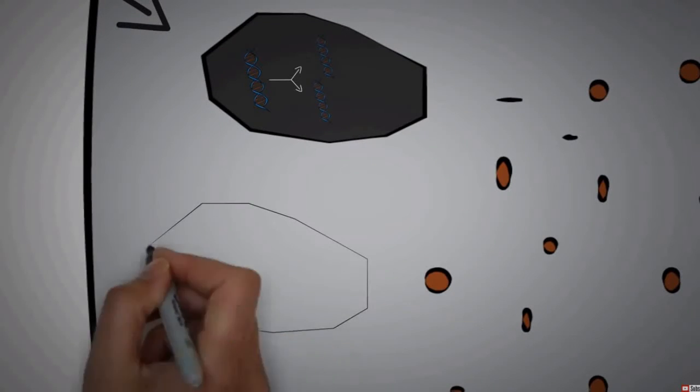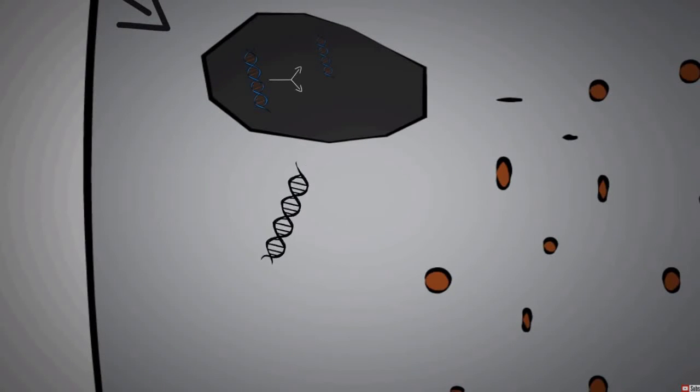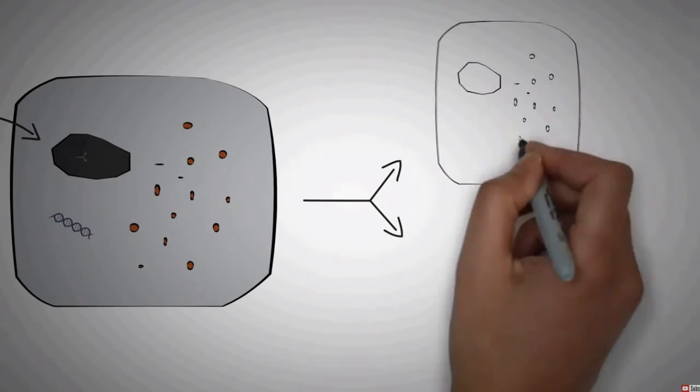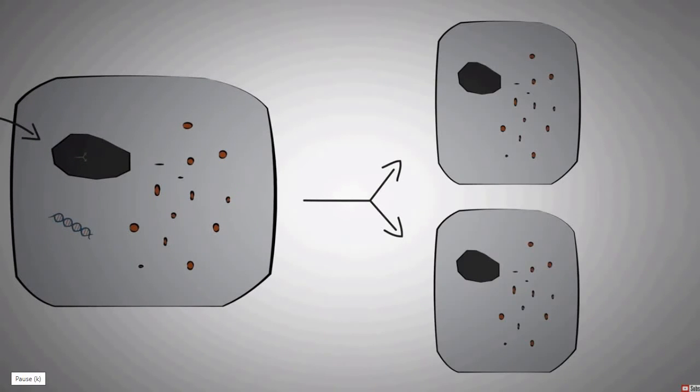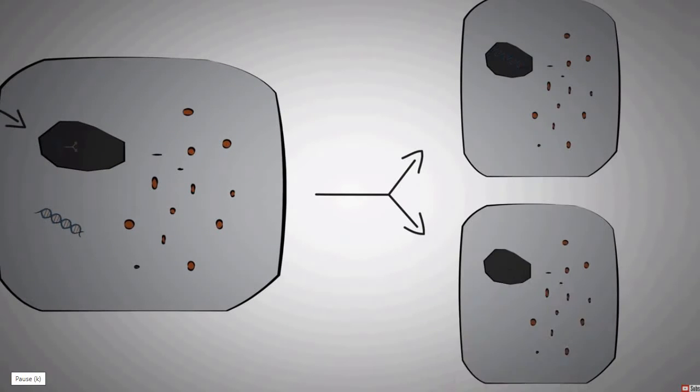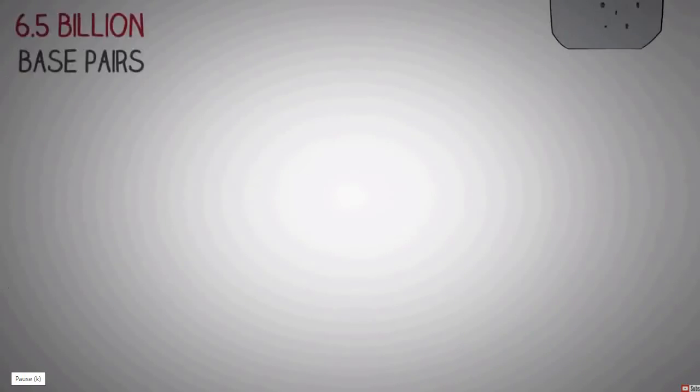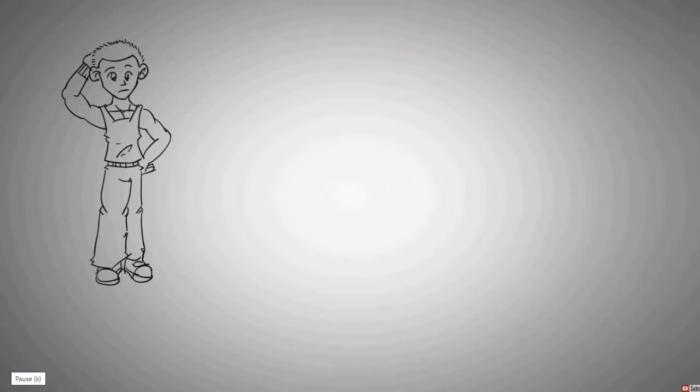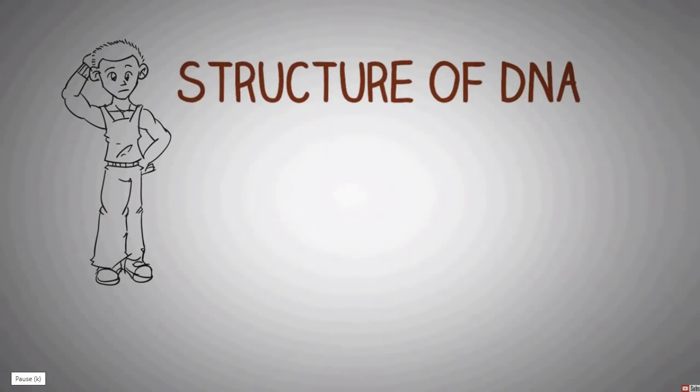The newly formed set of DNA will then be transferred to the future nucleus that is produced during the process of cell division. At the end of cell division, we have two completely new cells, each having its own set of DNA. In the previous videos in this section, we discussed in detail about the structure and function of the